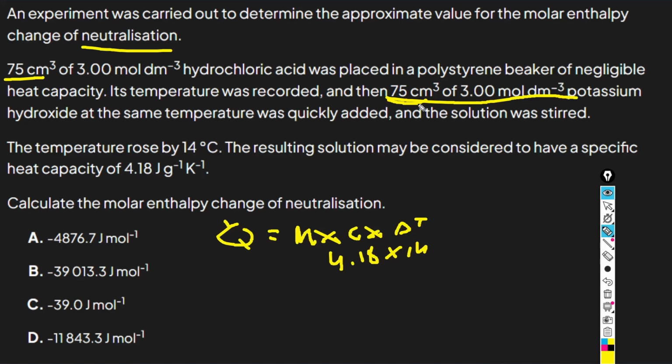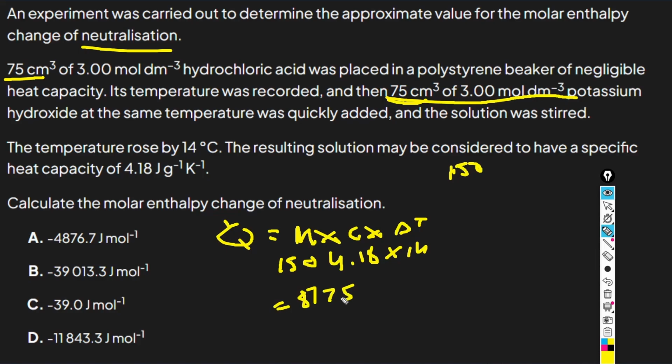It's not about the water. We measure it based on 1 mole of water, but it's actually the mass of the substances. So in this case it is 150 cm³, and we take 1 cm³ as 1 gram, so we take it as 150. So we can calculate the energy, which will be 150 times 4.18 times 14, which is about